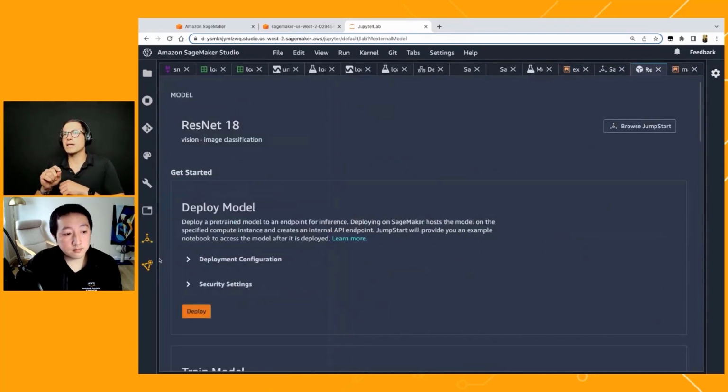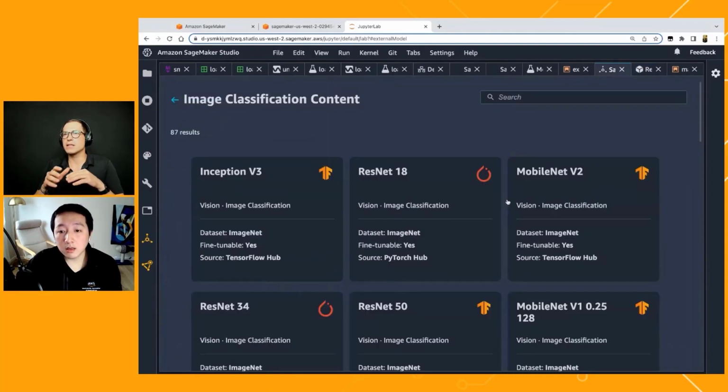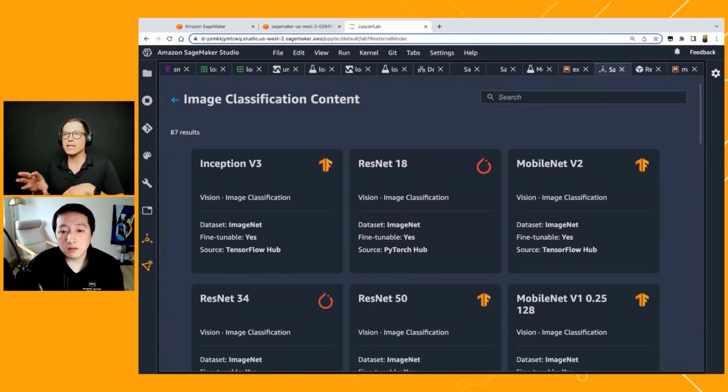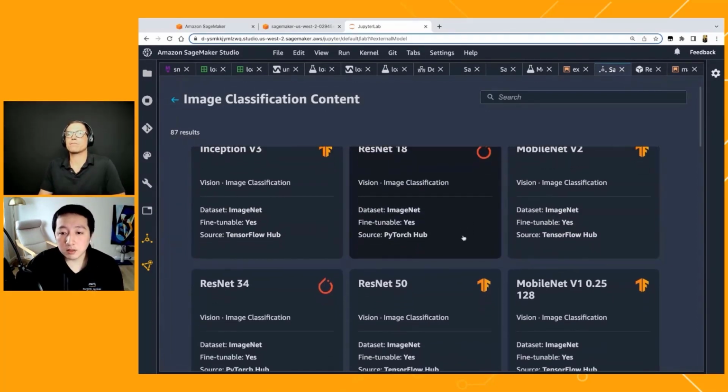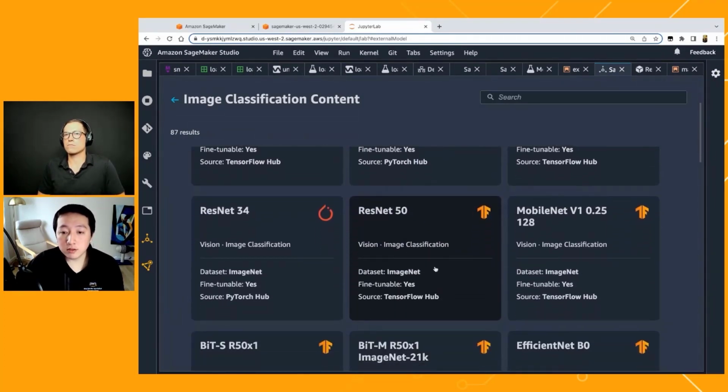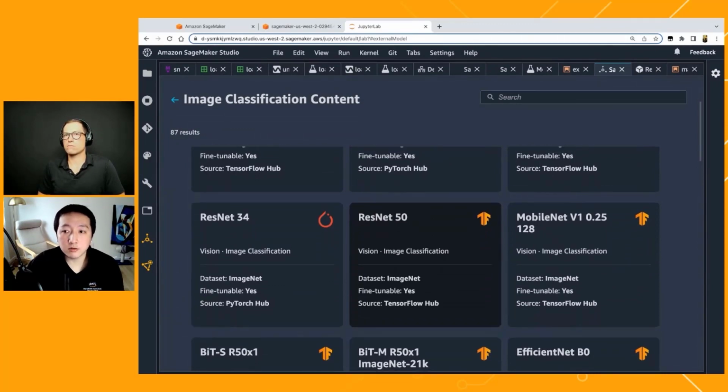Just to make sure I understand, Michael, if you don't mind going back to the list of different models? It sounds like the model zoo is like state of the art, out of the box open source models that we offer our data scientists out there. Instead of them writing that model, they can just click on it and use it. Yeah, absolutely. So these are definitely open source, as you mentioned, from TensorFlow Hub or PyTorch Hub. But here in SageMaker JumpStart, we create this portal for you to easily find these models and use them when you're building within SageMaker Studio.